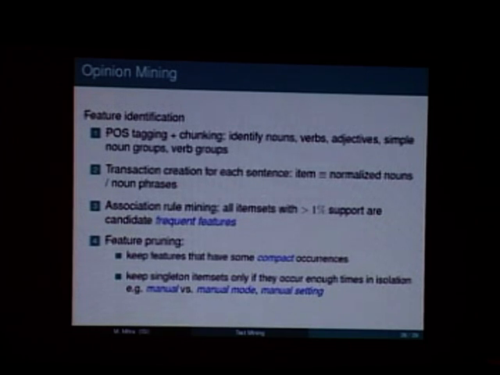Of course, in a collection of reviews, you would have an enormous number of nouns and noun groups. You want to look at nouns that occur frequently, in the expectation that frequently occurring nouns probably have to do with features of the product that's being discussed. So notice that we've simplified our problem by assuming that we are dealing with a collection